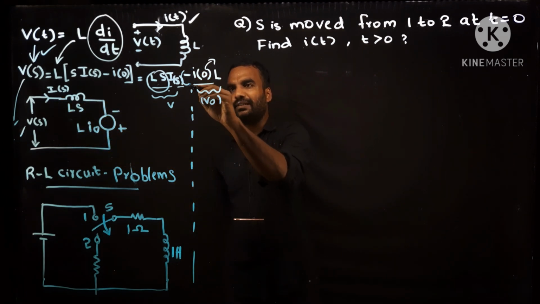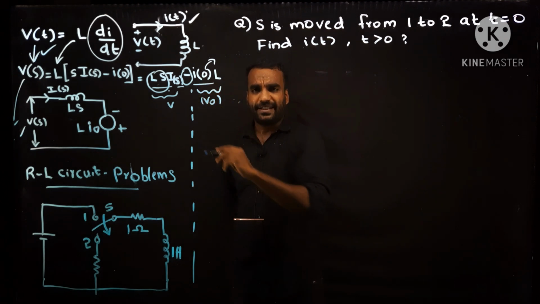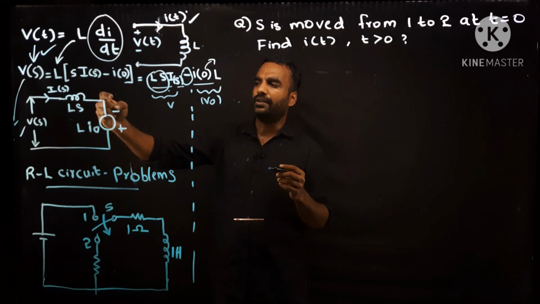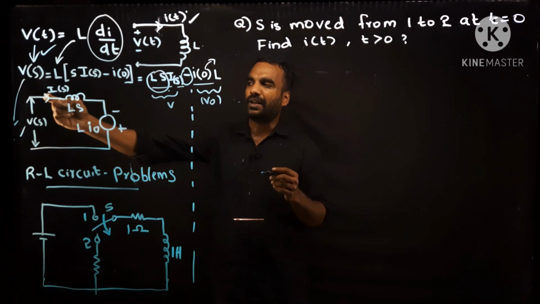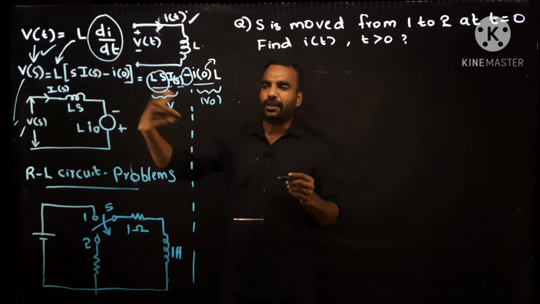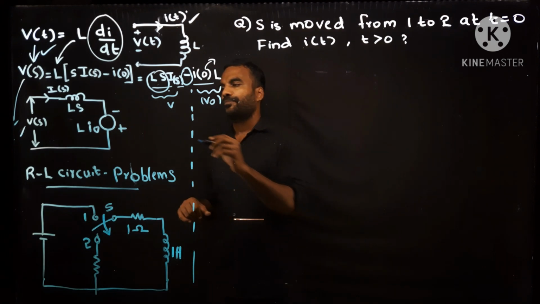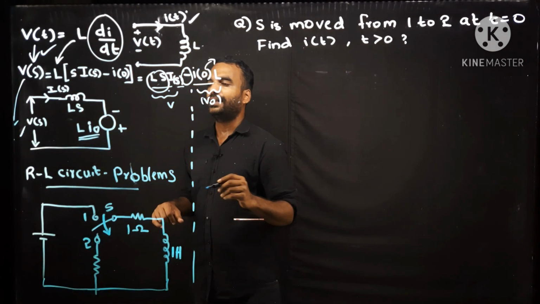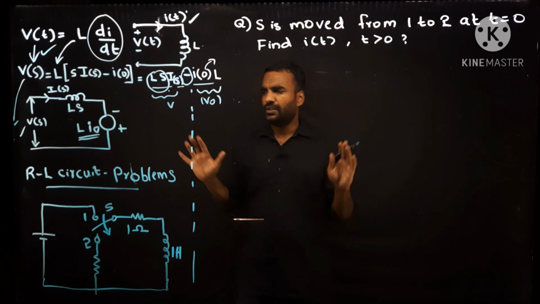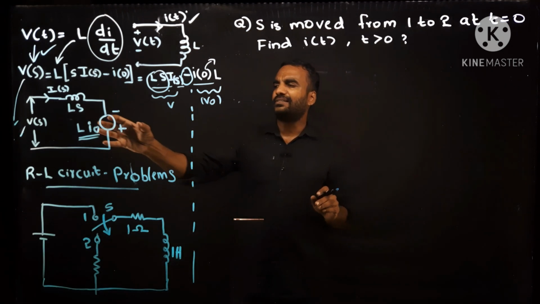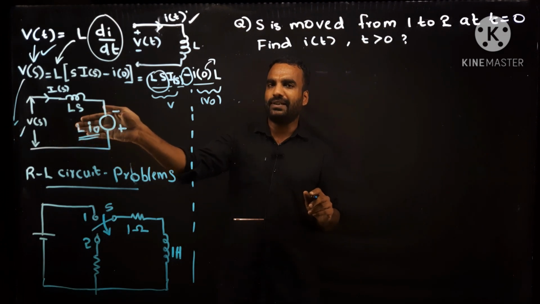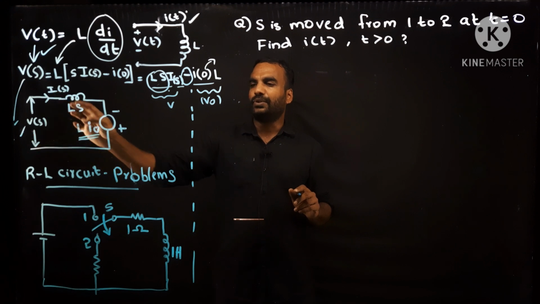And then here you can see the polarity is negative. Why is the polarity negative? If the polarity is positive, this I of s current should enter at plus. As the polarity is negative, this I of s current should enter at minus. That's why negative polarity is given at the top side. Is it okay? Yes. So L i0 is the initial voltage. As it is an initial voltage, I am representing it with a voltage source. These things are there in the circuit. If L i0 is absent, meaning initial current is absent, this portion will not be there in the circuit. V of s is equal to I of s into Ls.